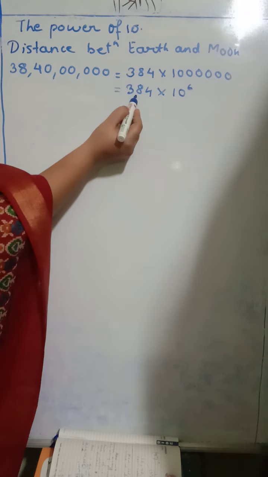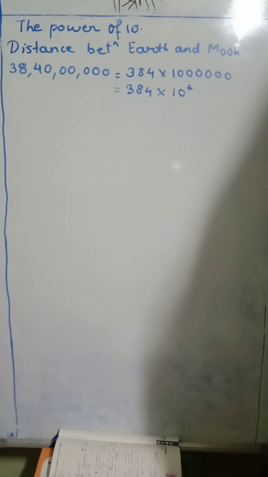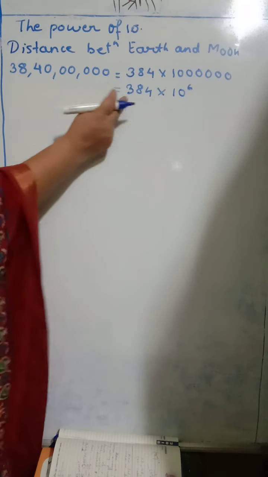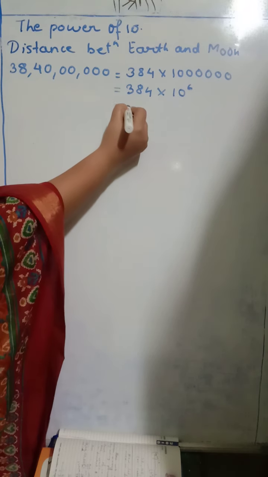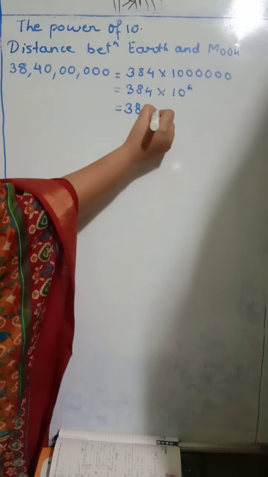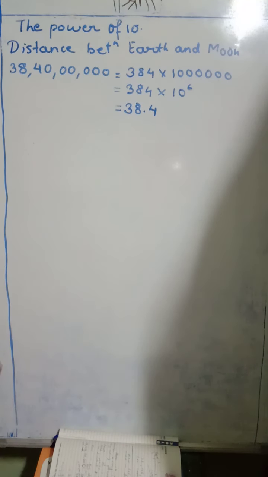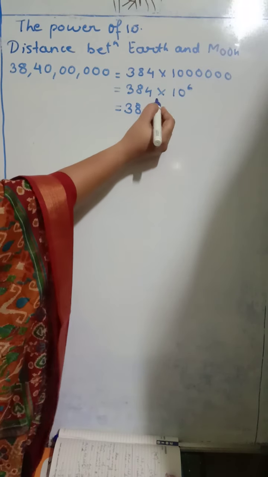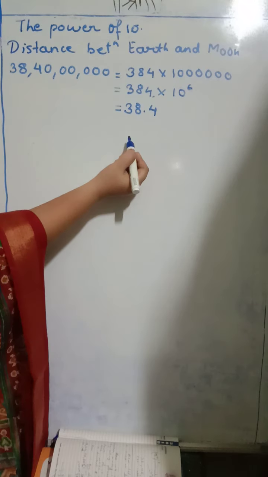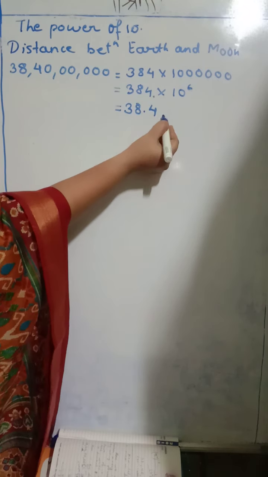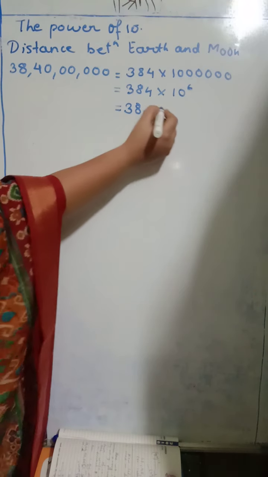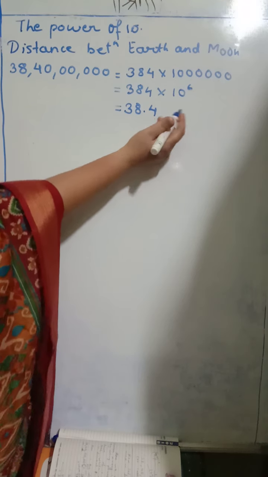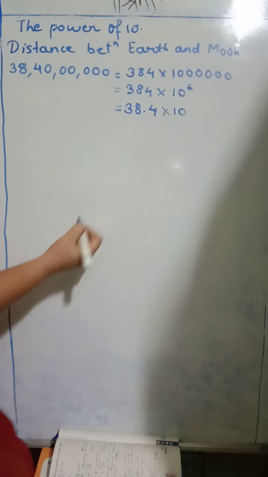Now can we make this 384 even smaller? Yes children, if we convert this whole number into a decimal fraction. Suppose now I am writing it as 38.4. What did I do? Did I write this as a decimal fraction? Whole numbers have the point here. That point, did I shift 1 place inside? So it became 38.4. As I shifted to the left-hand side, I will add 10 for it.